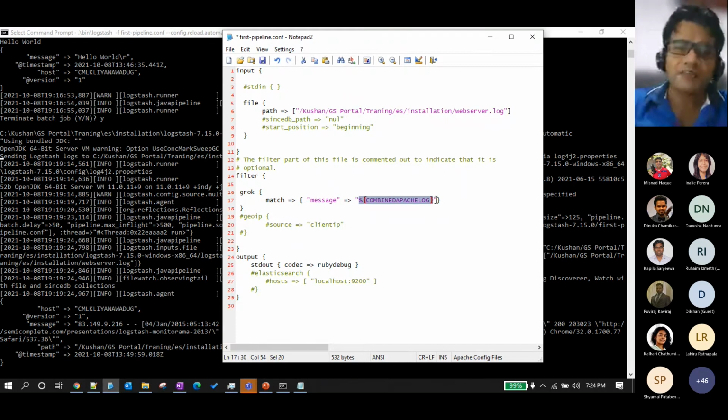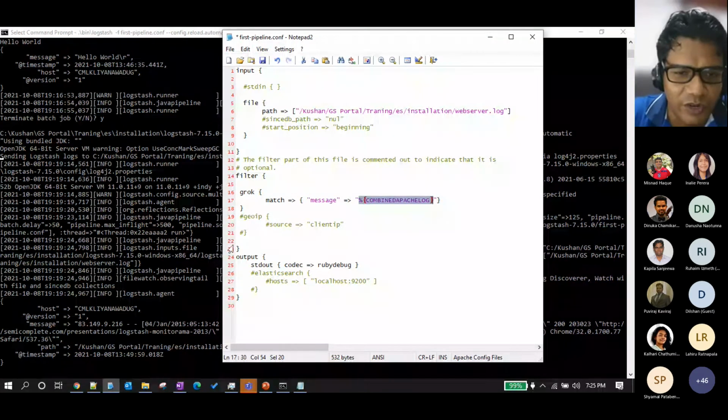But in the real world, if you have your own log pattern, if you have changed the Apache default log pattern, you have to write your own log pattern, as I have shown you. It's a different topic, guys. We cannot explain it in this kind of session. So I just use the Grok pattern now.